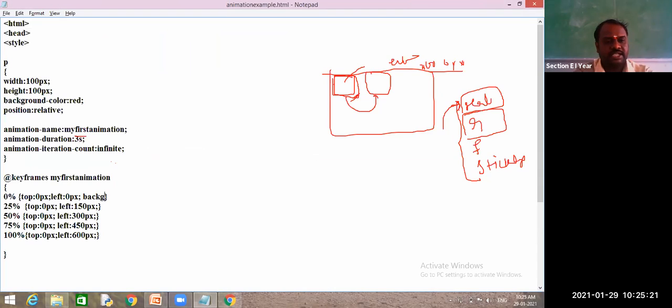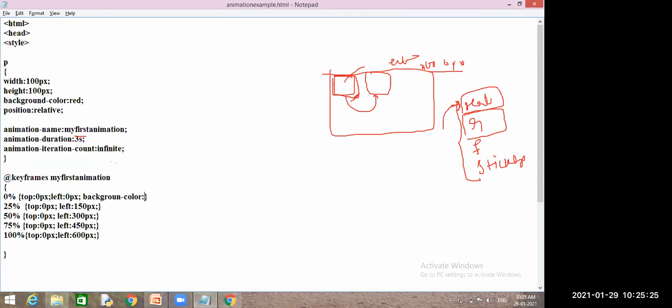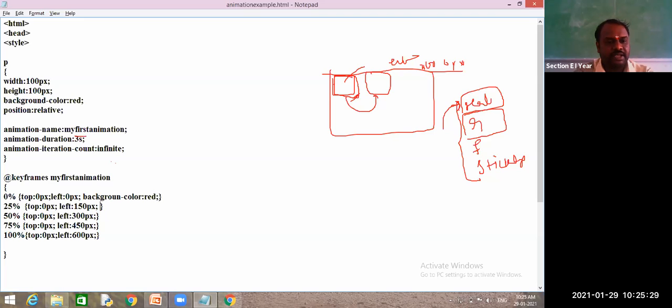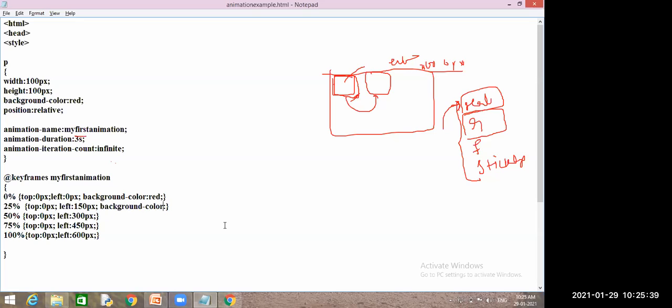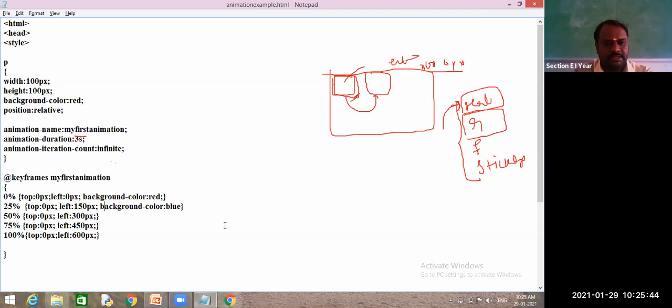So initially, what is the background color? Red. So it is red. Next, after 25%, what should my background color be changed to? Tell me some other color. Blue. Very good. And as here, you need to put colons and background color.